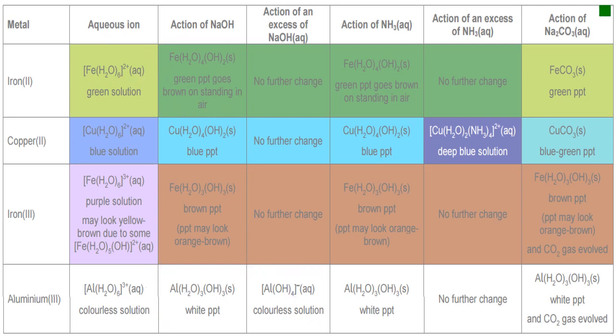So I'm just going to get rid of that, and then we can talk about addition of ammonia, and you'll remember it's pretty much the same as addition of hydroxide ions. So you're going to get exactly the same compounds. So you're getting iron 2 hydroxide, copper 2 hydroxide, iron 3 hydroxide, and you get aluminium hydroxide as well. So the thing to think about here is this one here. This is the unique one